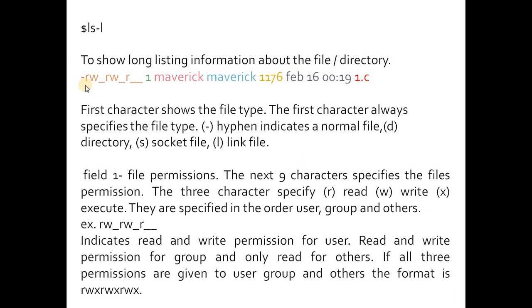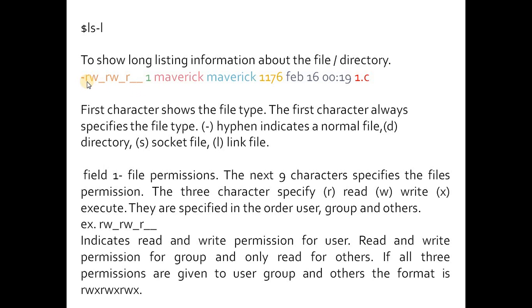Next you can see rw-rw-r--. These 9 characters represent the file permissions. r stands for read permission, w stands for write permission, and x stands for execute permission. This is the first group of permissions, this is the second group, and this is the third group.